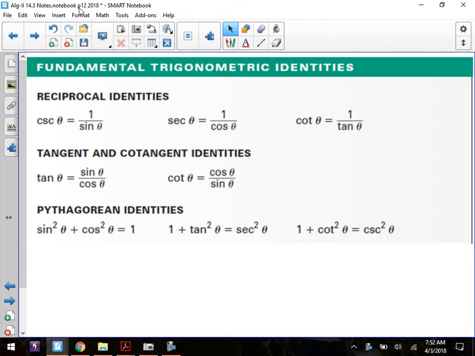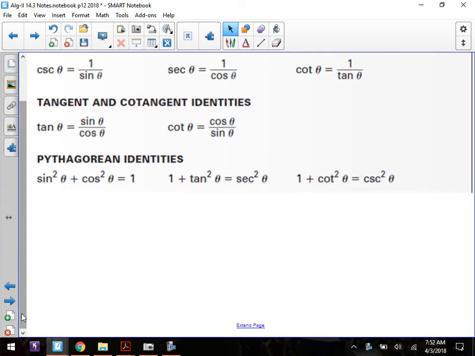The weird ones were these things called Pythagorean identities. The easiest one was that sine squared plus cosine squared always equals 1. What that also meant was that you were able to take these equations and manipulate them to solve for one specific value. For example, if I wanted to get sine squared by itself, what would I do with the cosine squared? Subtract it over. So we listed out within Pythagorean identities,